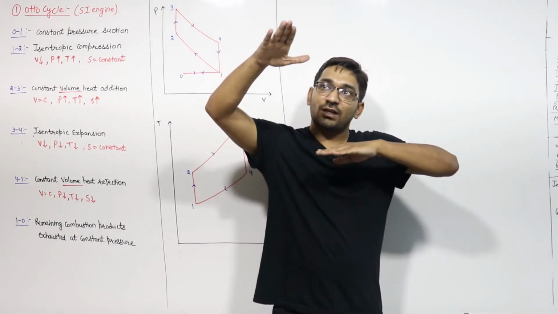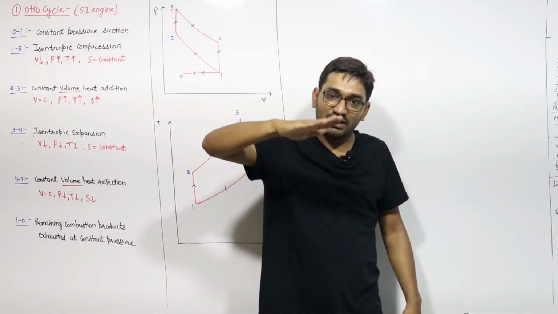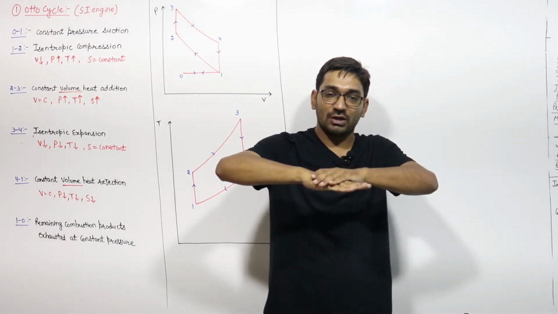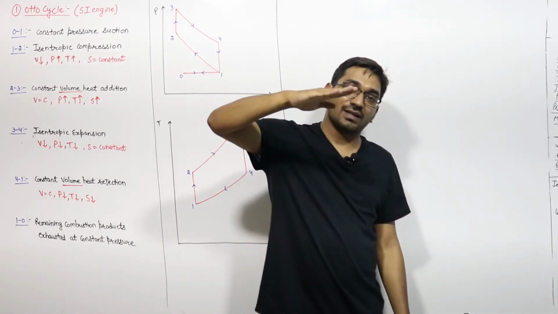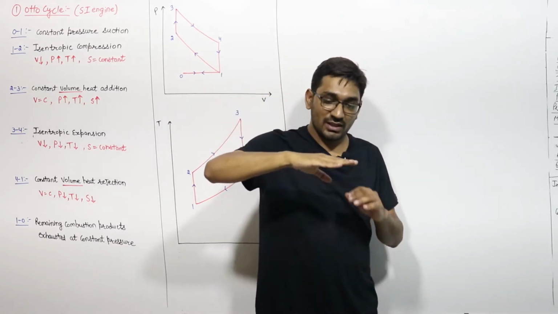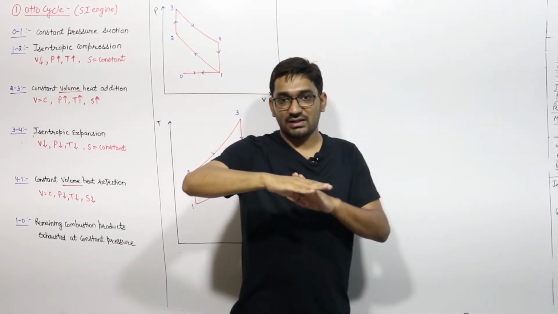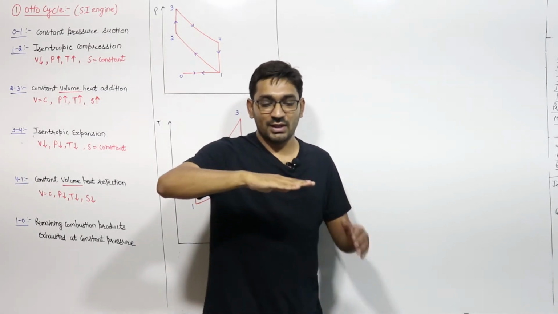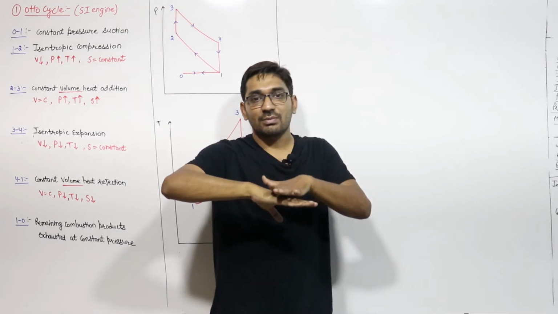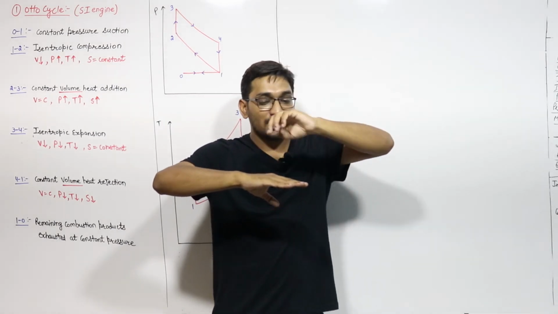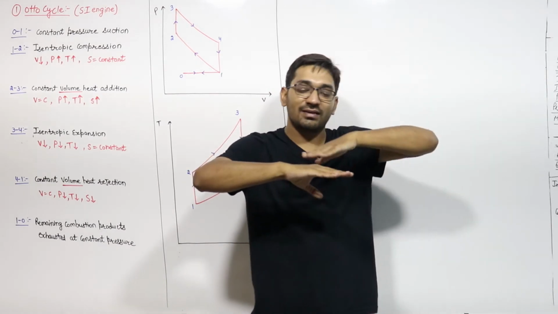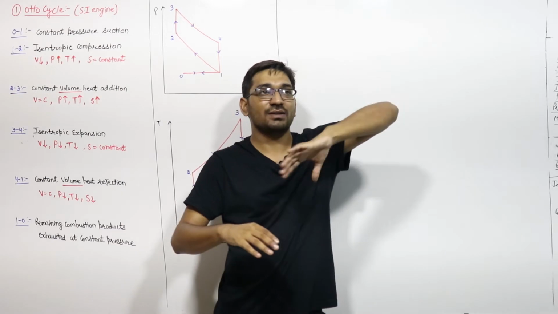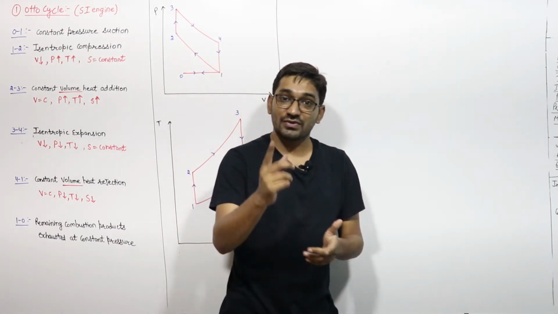So after the end of the expansion stroke, when the piston is coming down and reaching its bottom dead center, and then it will rise towards the top dead center, the moment it changes its direction, it will stop for a very short time. At that time when it stops, the exhaust valve will open and the gases which go out, that is the heat rejection at constant volume. At that very moment, if the exhaust valve opens, the gases which are going out are the constant volume heat rejection.